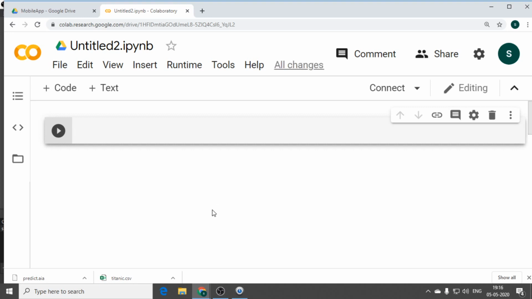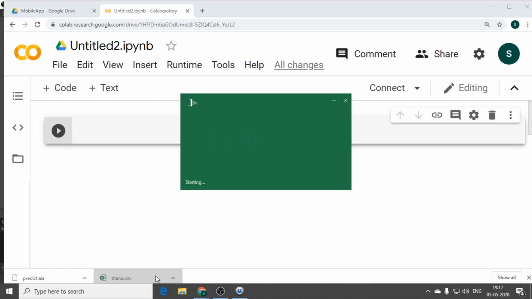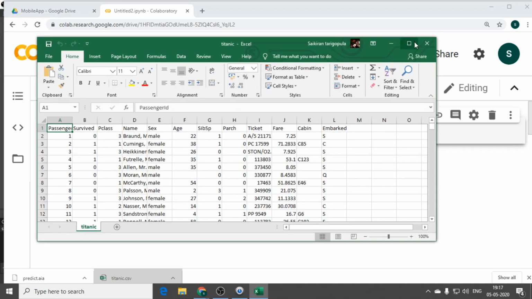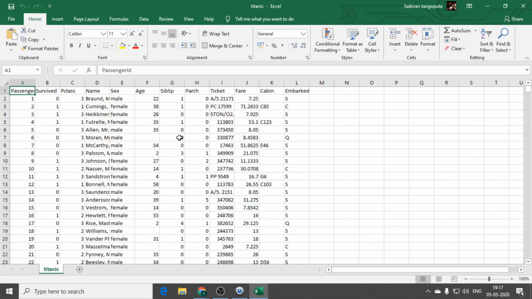First, the data set. You can open the data set. So the data set itself is the Titanic data set, which will give you the data of the people who traveled on the Titanic ship, which is not the real one. The real one we don't have the data, right? Because that is 100 years ago, in 1912 probably. So it includes passenger, survived, P class, name, their gender, their age, whether they are having siblings or spouse, whether they are having parents or children, what is the ticket, fare, cabin, embarked. Embarked is nothing but the place of the travel, right?